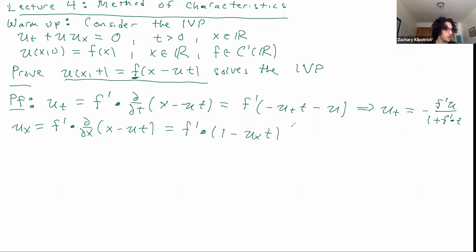Again, you have an expression that you can solve for just by rearranging, and you get that u_x is equal to f prime divided by 1 plus f prime times t. Okay, so